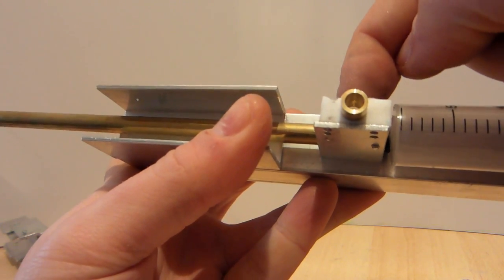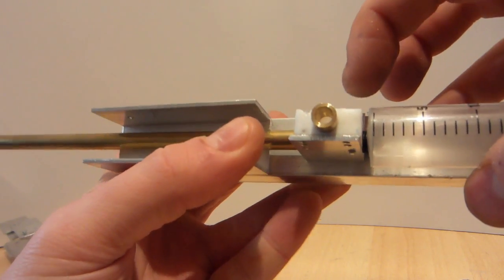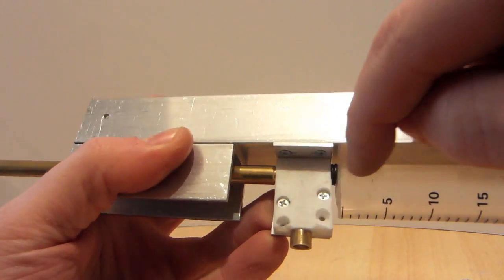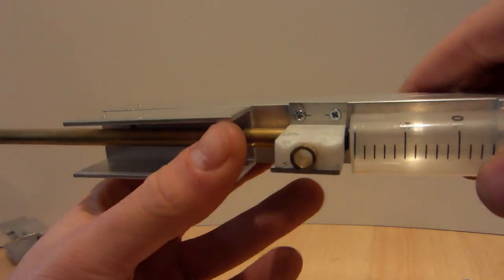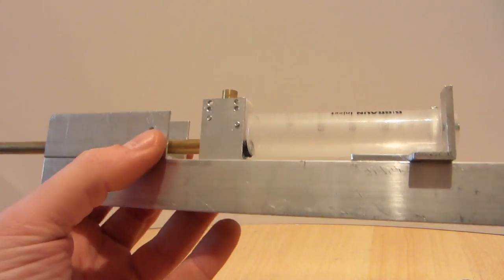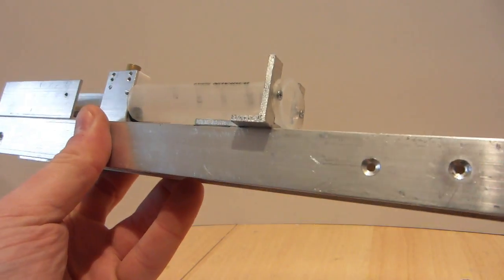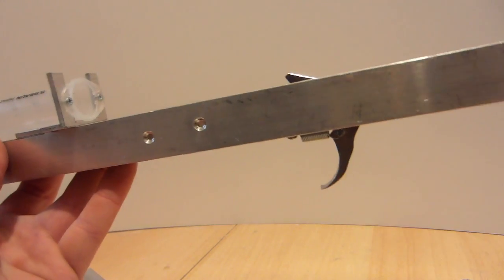Drill 1 hole for your BBs. In my case, 5.5 millimeters. The BBs are 4.9. The barrel is 5, so perfect match. The hole for the syringe tip is a bit smaller, because the syringe tip is smaller in diameter, and yeah, that's it. 2 screws to mount it on the base. In my case, it holds the top cover, which will hold the springs. But it would actually be better to mount the springs on this, so you have the bottom section, you know, and it works independently without the top section. And yeah, catch is working. Next step